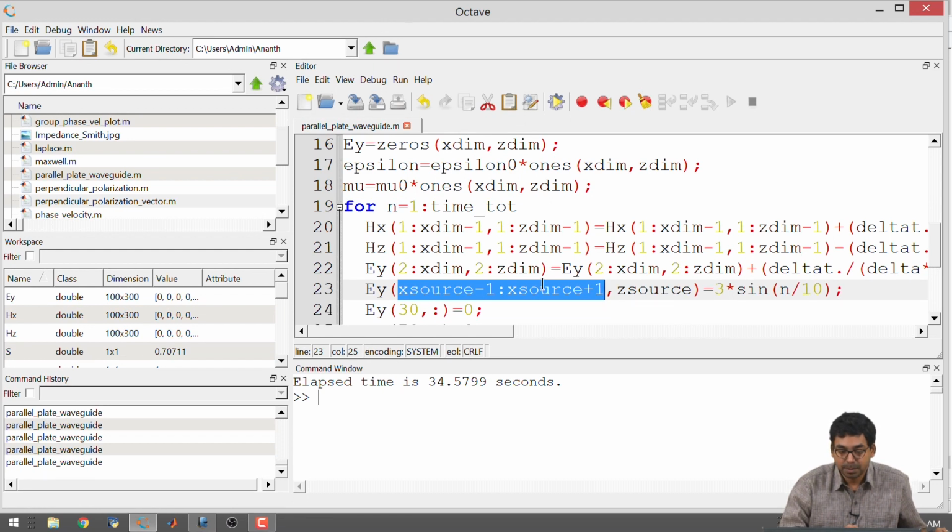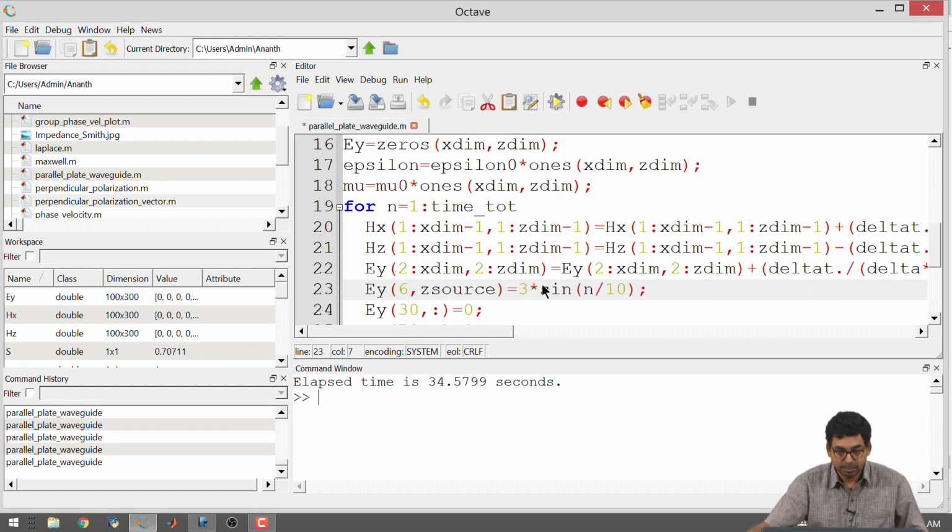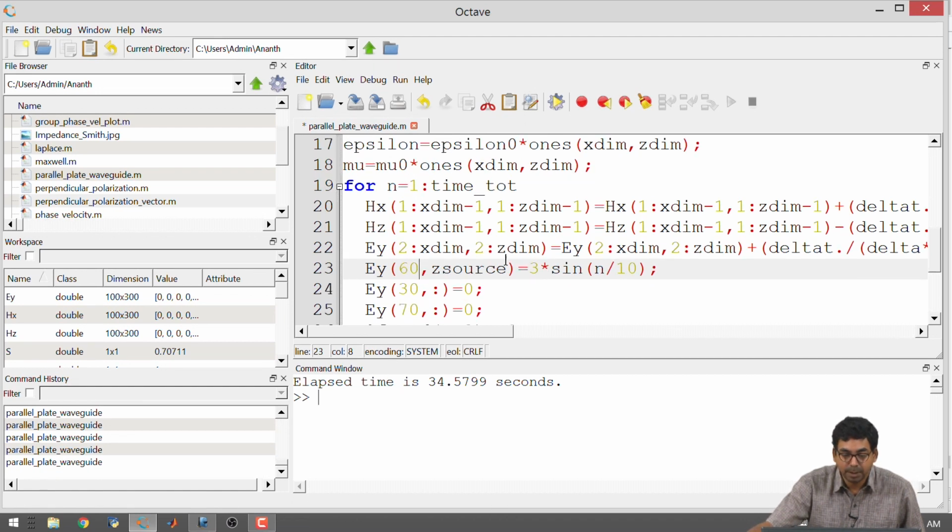So, this was between 49 and 51, right. So, I am going to move this, I know that the center of the waveguide is at 50. So, I am going to move this to 60. Okay. Let me just tell you this again. So, 30 to 70 is the extents of the waveguide, 50 is the center of the waveguide. Previously this point was at 50, now I have moved it to 60, which means that now it became asymmetric, all right, with respect to the waveguide. So, it is slightly going towards one direction more than the other, all right.